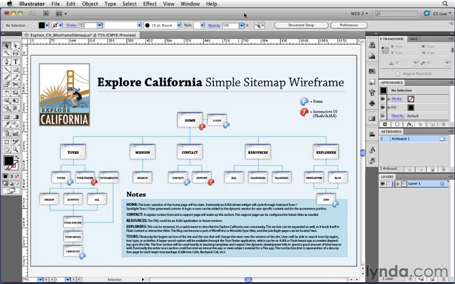It will also help both you and your developer, or if you're both a designer and developer, it will help you ultimately decide which technologies to use to build your website, be it Flash, HTML, and CSS, or what type of scripts you might need. As you can see here in this document, I've created a sitemap or a wireframe, which clearly shows all the pages that will exist inside of this website. And it also identifies which pages will start using additional functions or features such as forms or interactive user interface,